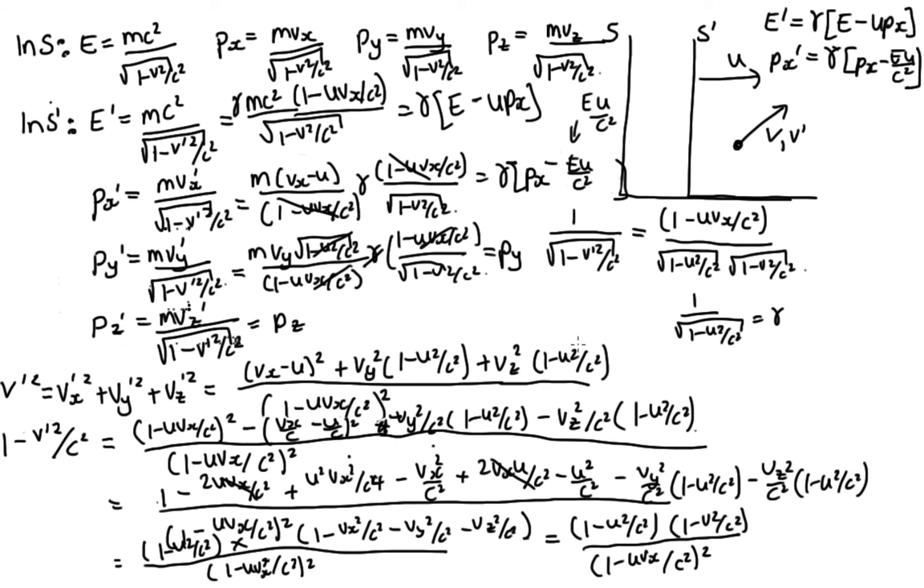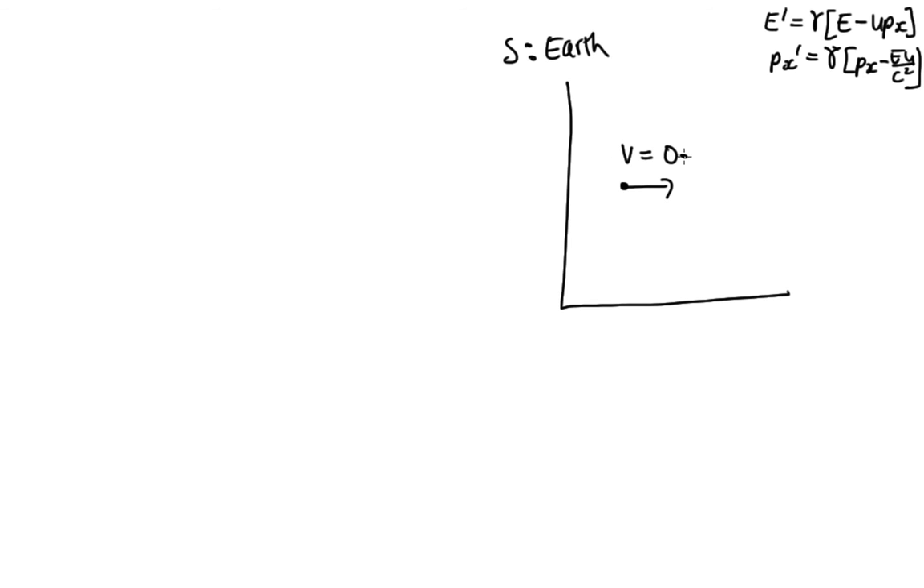Okay, so let's clear some space now. Let's go back to our original question and carefully define everything. Let's draw the Earth's reference frame. Here's the Earth's reference frame. This is S, which is the Earth, and it has some micrometeorite moving with some speed v is equal to